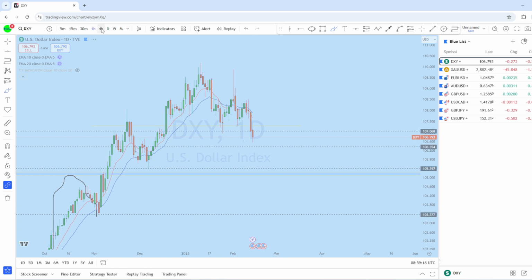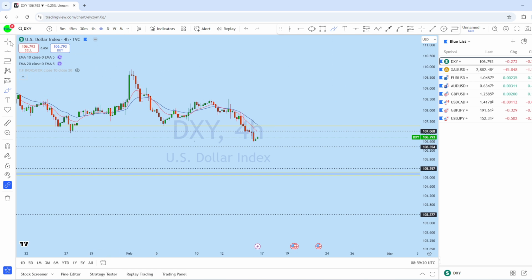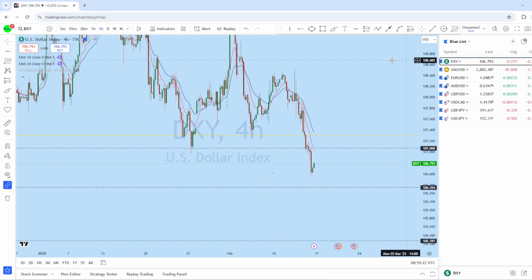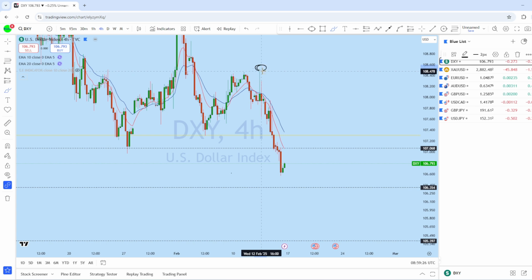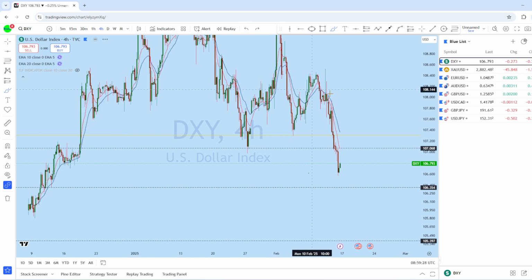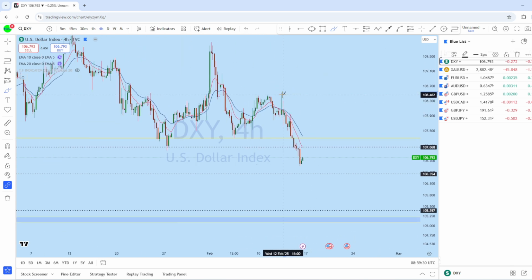Looking at the lower time frame price action, on the 4-hour chart we can see a couple of long wick candles that signal strong liquidity triggers from the top. Now as the market is grabbing liquidity from the top, the price movement could be towards the downside.